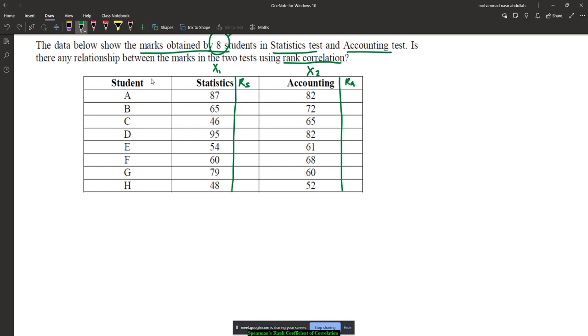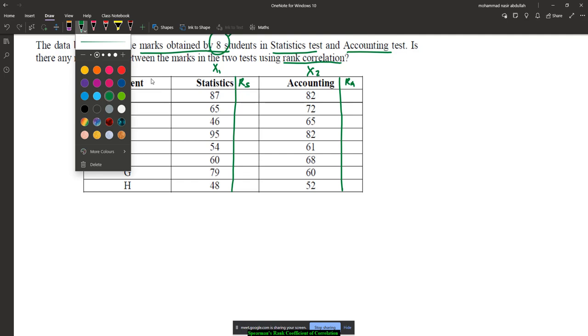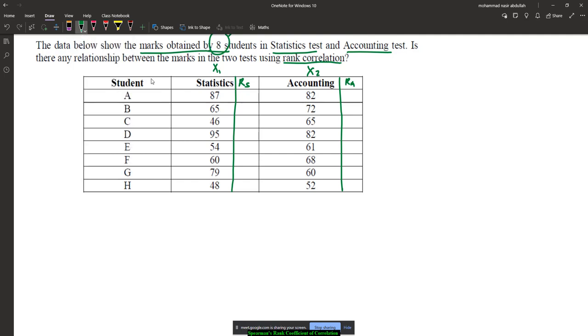Right. So now, when you want to do a ranking, we will rank from the highest to the lowest. Right? The highest gets rank number 1, the second highest rank number 2, and the lowest value gets the lowest rank. So the highest value here is 95. So 95 gets number 1. This is the rank. Second is